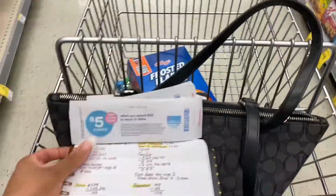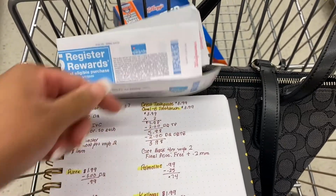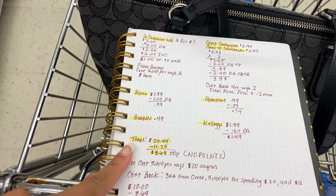Okay guys, so as you can see, I grabbed 2 of the Garnier. I grabbed the Crest toothpaste, Crest toothbrush. I grabbed some Purex, Palmolive, Bubbles, and Kellogg's. So that should bring my overall total to